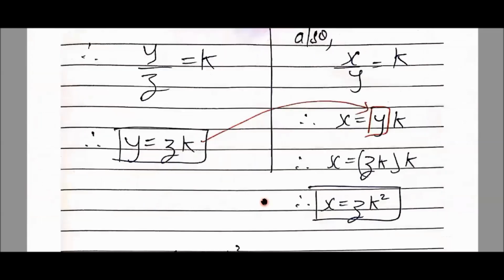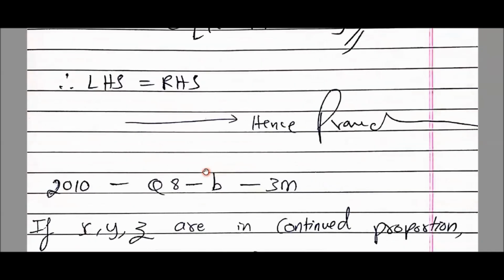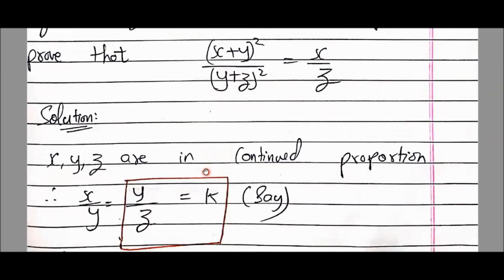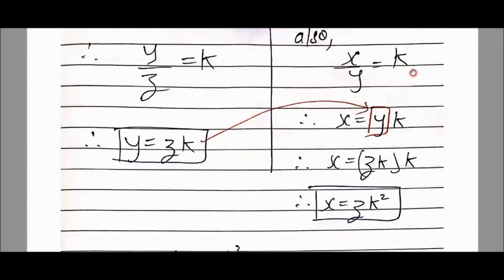Let's see the next slide. See, y upon z is k. So y ka value is zk. Okay. Once again, I'm going to the previous slide now. See this? Just a second. Okay. Here it is. So I got the value of y as zk. Now next I will take this value. x upon y is equal to k.